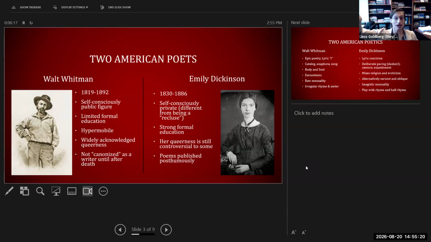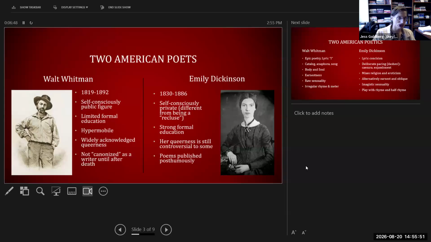Now, that doesn't mean she was a recluse. There's a kind of popular imagination of Emily Dickinson that is really oversimplifying and kind of sexist, that imagines her as this poor, frail lady who stays in her bedroom and doesn't venture out into public. Emily Dickinson had friends who she would go and visit. She was active in some literary circles. She was a prolific exchanger of letters with people across society in New England where she was, but